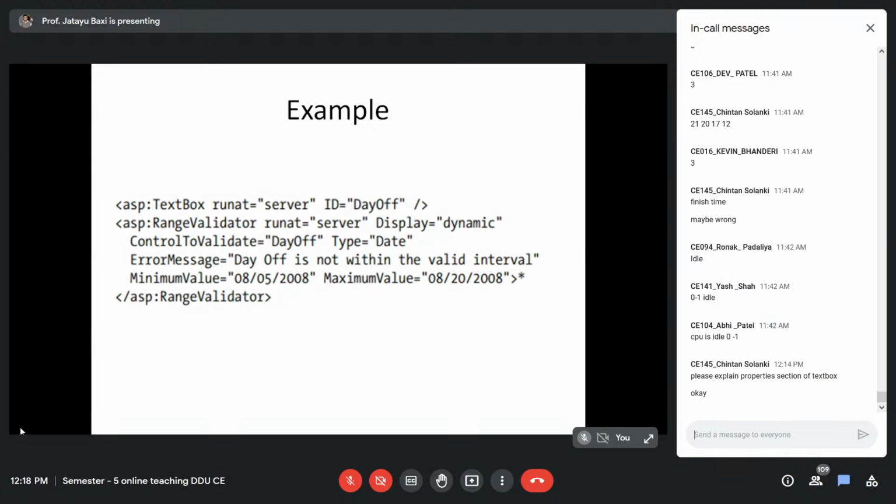It works on one text box, the type is date, and it says the minimum value should be 5th August and the maximum value should be 20th August. You have to search and determine which format it is accepting, but the concept is important, that you can give minimum and maximum values.